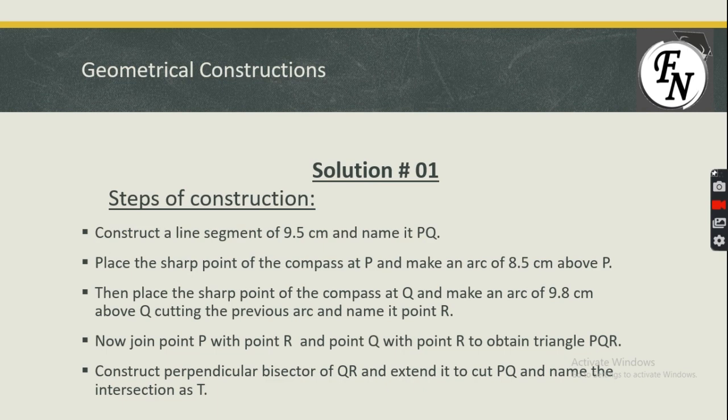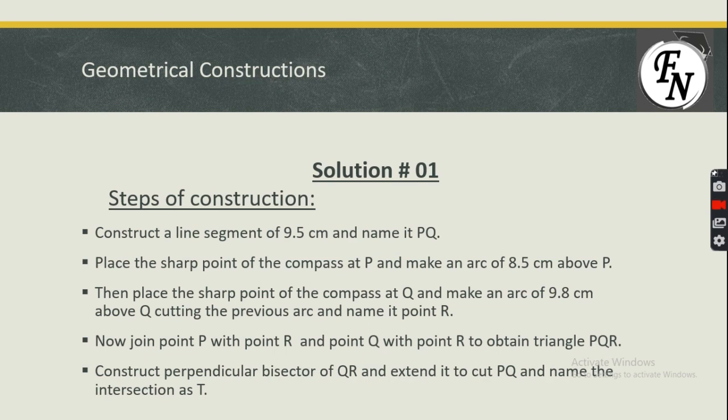After that we will place the compass at point P, and we will mark 8.5 centimeter above P. After that we will place the compass at Q, and we will mark an arc of 9.8 centimeter to cut that arc which we have drawn earlier from point P, and we will name that intersection of the arcs as R. After that we will join PR and QR to obtain triangle PQR,